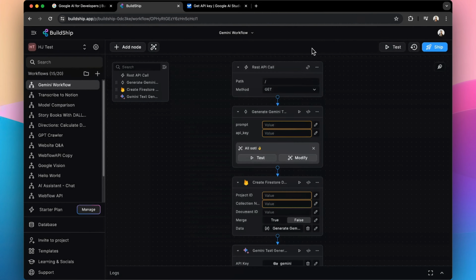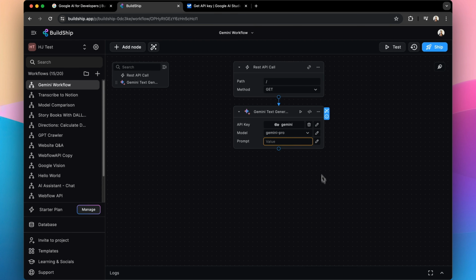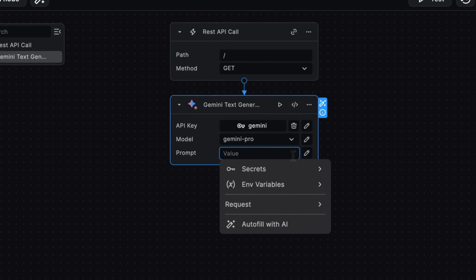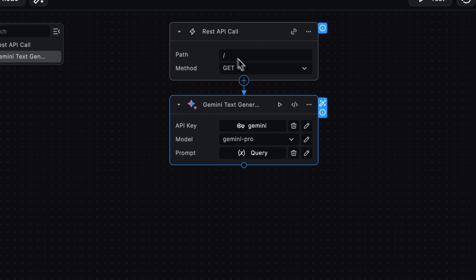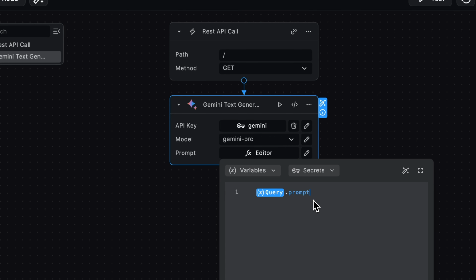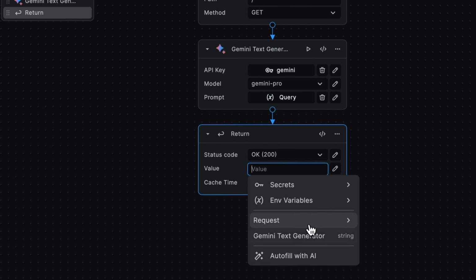All right, so let me get rid of all the nodes that we don't want for the purpose of this demo, let me use this pre-built node that we already have so that you don't have to generate one. And I can give a prompt here that is incoming from the user's API call rather than a static one, like "generate a poem on BuildShip", because that means every time this workflow runs, the same thing gets generated, which is not what we want. So let me go and say from the incoming request in the query parameter, because it's a get API call, I have the prompt, for example, and I want to return the value that was generated